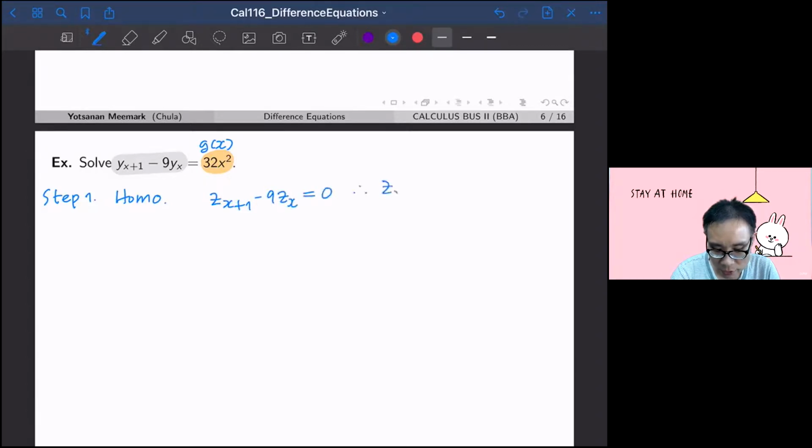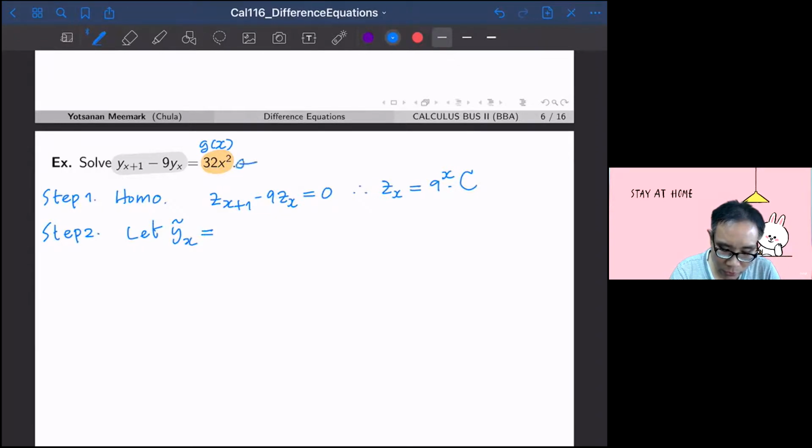So you would get z(x) equal to 9 to the x times c. And step 2, you're going to let y tilde(x) equal to, so this one is